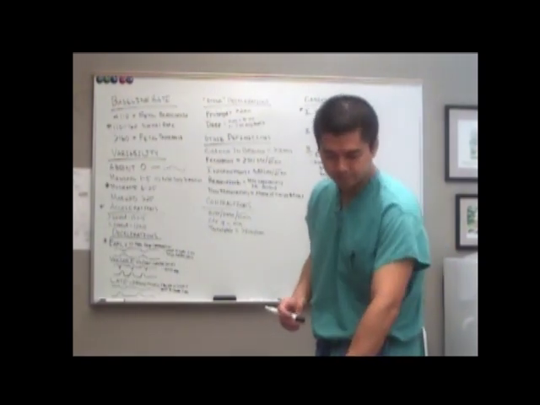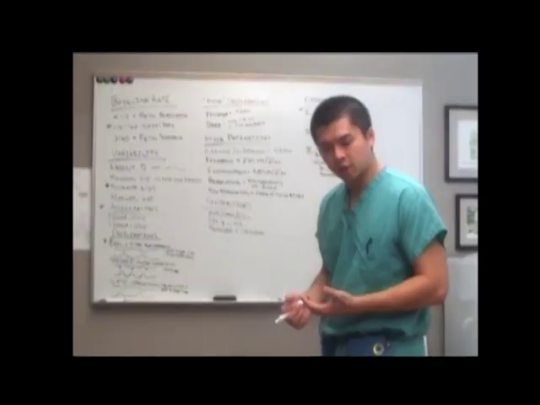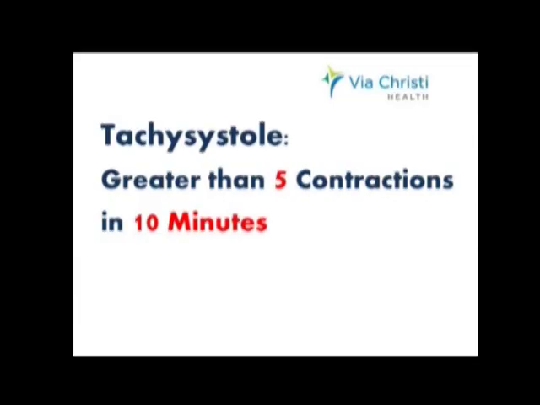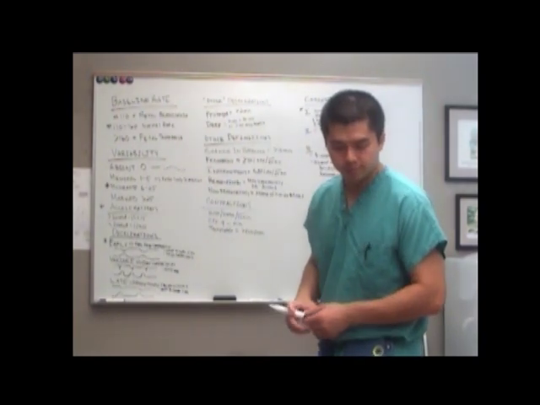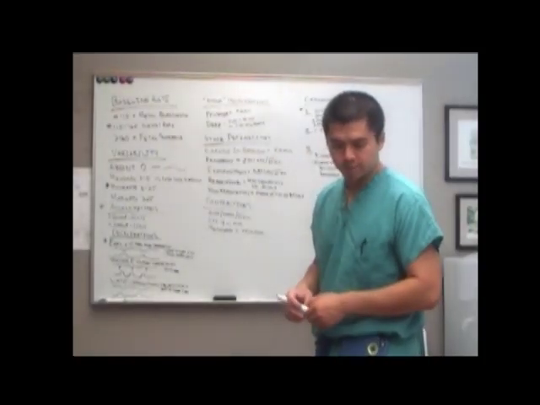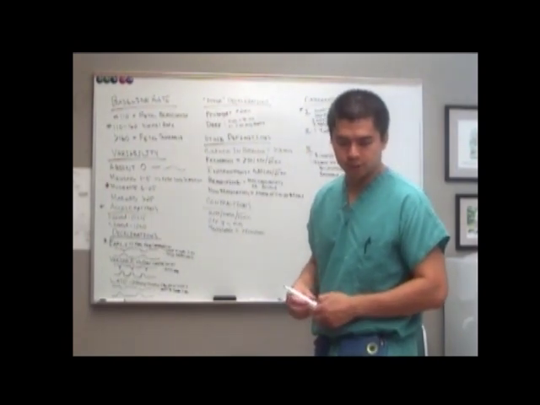visualize what you're describing. In this example, how many contractions is the patient having within 6 minutes or within a 10-minute window? Yep, 6 contractions, which by definition make this tachysystole. In this example, though, are the heart tones reassuring or non-reassuring? They're reassuring, so you don't necessarily have to do any intervention to address this if the patient's not on augmentation